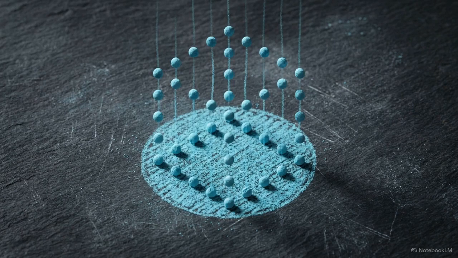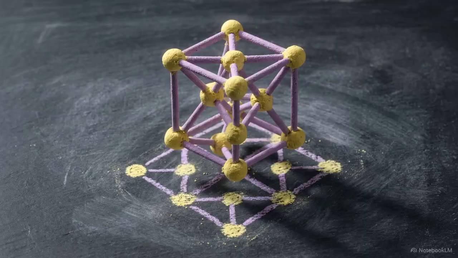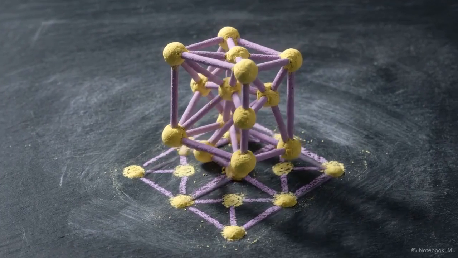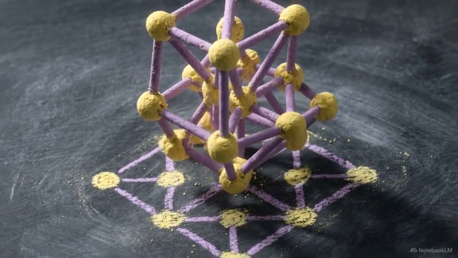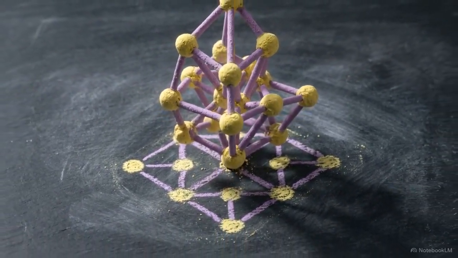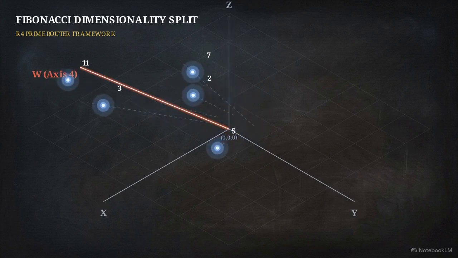This geometric organization isn't just a 2D snapshot. The framework scales as the sequence grows. The triggers for this scaling are Fibonacci primes, numbers like 5 and 13, which act as developmental milestones. Every time the sequence hits one of these milestones, it resets its algebraic base, jumping from base 3 to 6 and then to 12. This shift in counting logic requires more coordinate axes to distribute the numbers evenly.